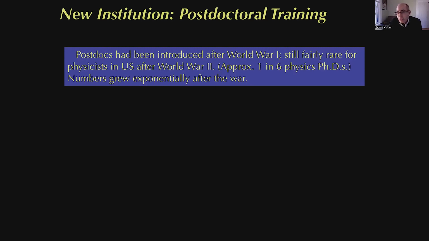The idea that young scientists will typically do one or two, or now not infrequently, three separate postdoctoral appointments after their PhD, but before they take on either a faculty job or a research job in industry or anything else, that's now pretty routine today across the sciences, in fact, even in more and more of the humanities and social sciences. The postdoc stage is pretty self-evident, or we've gotten used to it by and large. But again, that has a history, and it's not a very, very long history.